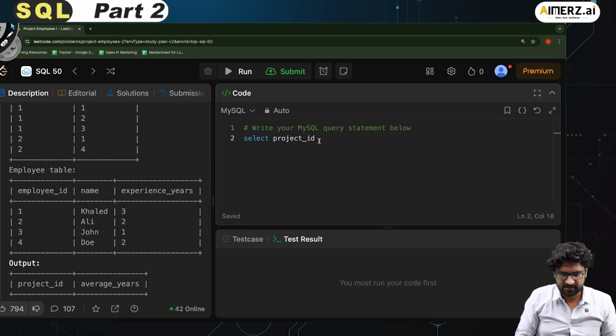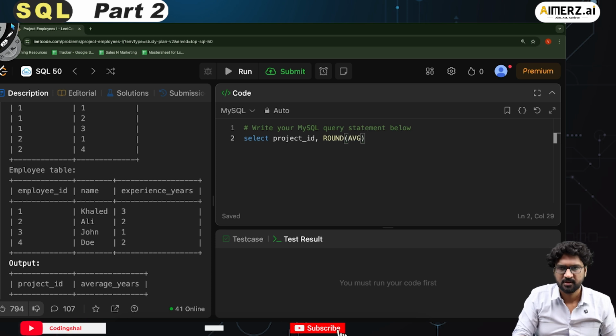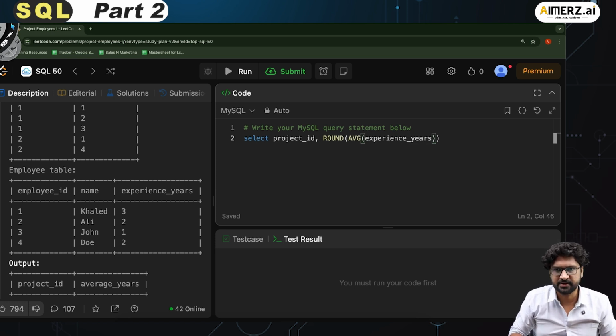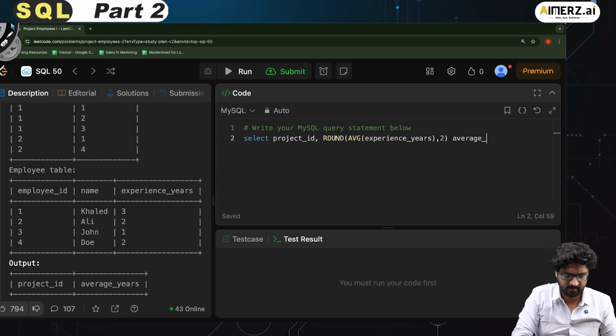Perfect. And then what I have to do is write ROUND, and inside this we're going to call AVG, and then I have to find experience_years, and it has to be rounded to two digits, and I call it average_years, from project P, and I do a left join with employee